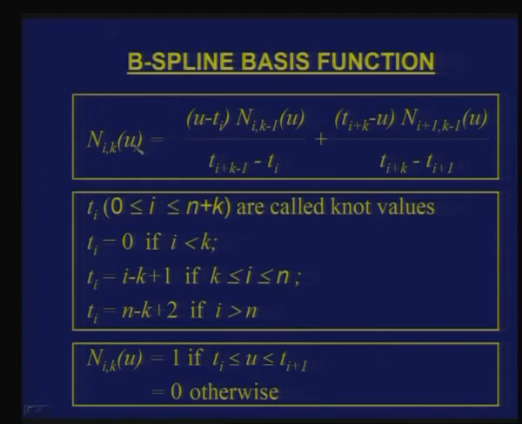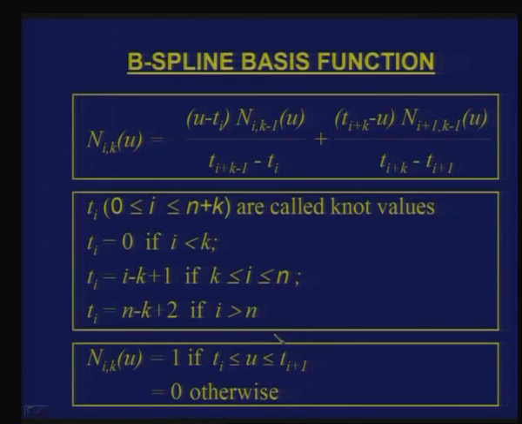Now, whenever I am evaluating this recursive expression, as I go one level down, like in order to evaluate n03 I require n02, at some stage I should also know where the recursion should terminate. So, in order to terminate you have an equation. Okay. This is basically the equation which is used to define or to terminate this recursive function. That means, Nik is equal to 1 if it is between this, otherwise it is 0.